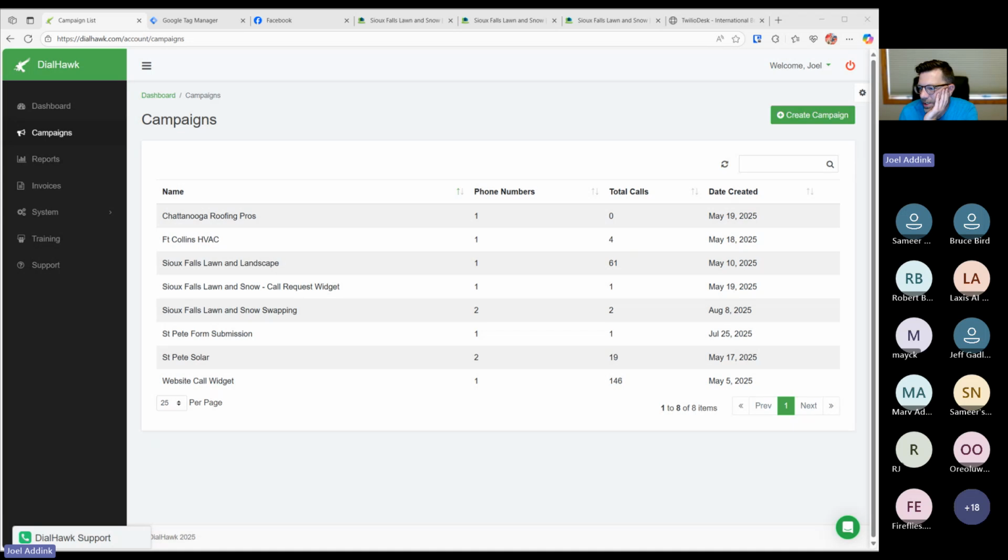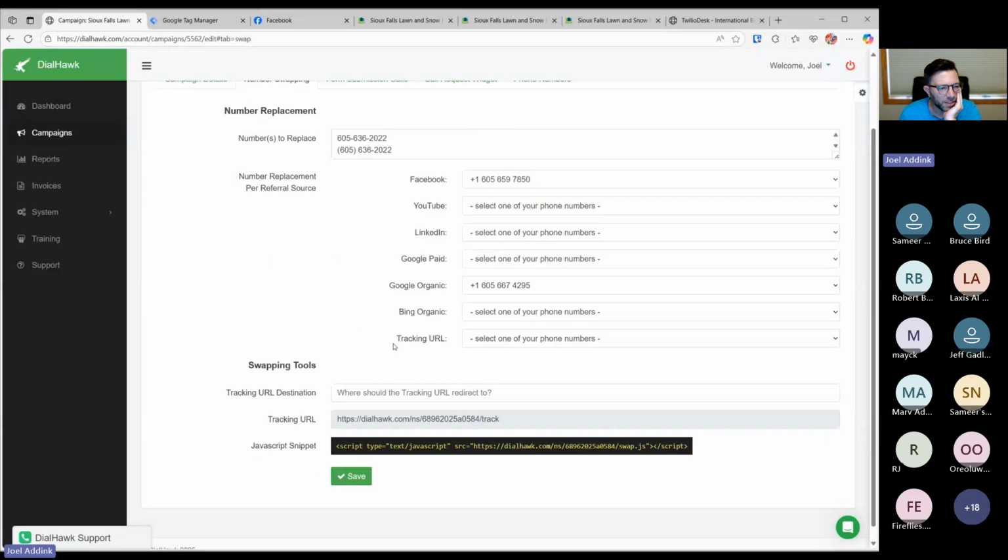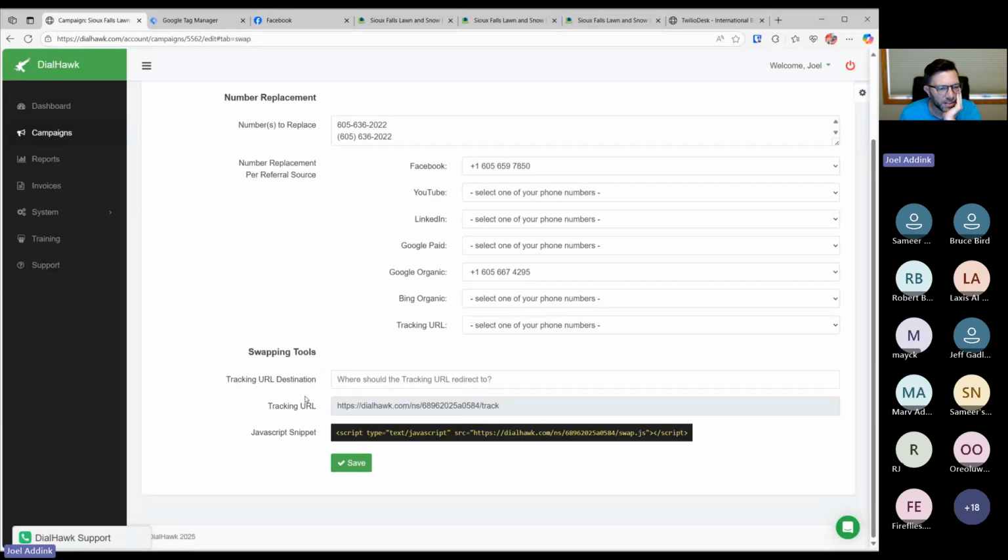Brian's wondering if there is a way to set up a custom referring source by domain, for example. Not exactly, Brian, but there is one feature. Let me go back into it. We have this tracking URL destination where we have this tracking URL, and you can set up like a pretty link or something that will redirect to this. And what we do is we take this URL, and let's just say I go to